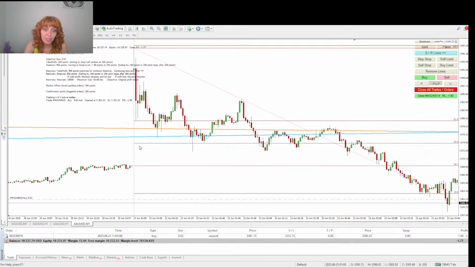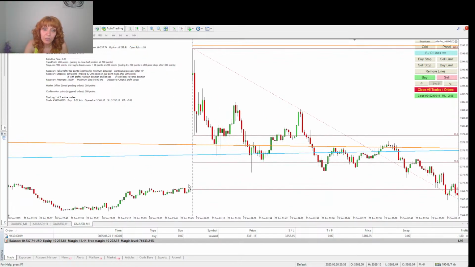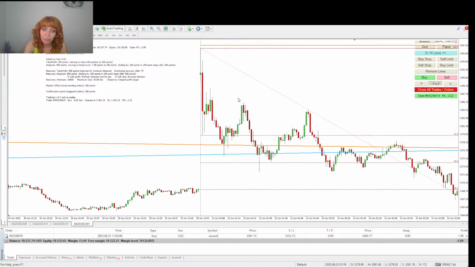You see, I didn't have an entry point last night because the market opened with a huge gap, and then it didn't continue the way up. I think everyone was expecting it to continue up because it was a reaction to the news, you know, US, Iran. And I decided not to go in because, you know, I do trade gaps, but in a situation like this, you don't know if it's going to close the gap or continue the way up. My expectation, just like many others, was that it would continue up,